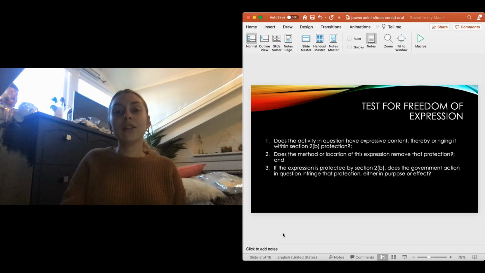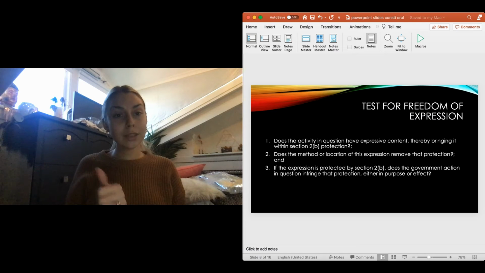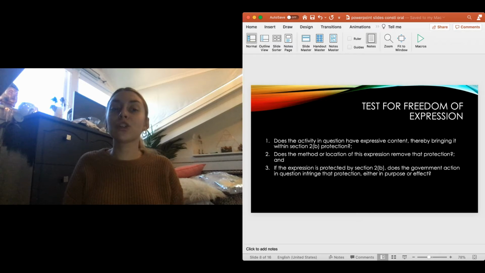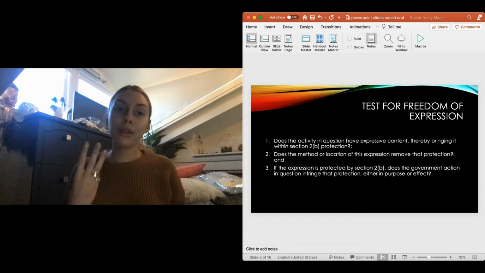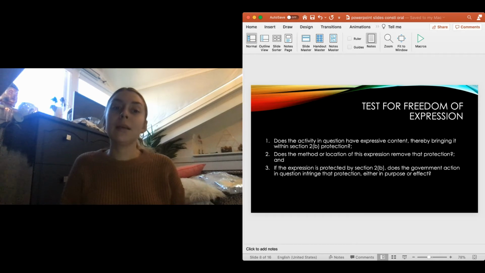The Supreme Court has determined a three-part test to analyse the freedom of expression. 1. Does the activity in question have expressive content, thereby bringing it within Section 2(b) protection? 2. Does the method or location of this expression remove that protection? And 3. If the expression is protected by Section 2(b), does the government action in question infringe that protection in either purpose or effect? With regard to media communication, broadcasting is governed by the Broadcasting Act 1991, and the Act